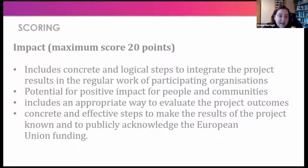And then impact. Again, we've been banging on about impact these last couple of weeks. So it's always about impact. It comes back to impact at the end of the day. And we did a session on that at our first training a couple of weeks ago, so make sure you watch that back. But it includes concrete and logical steps to integrate project results into the regular work of participating organizations. So yeah, we covered this a couple of weeks ago, where